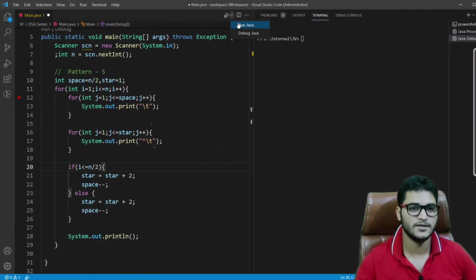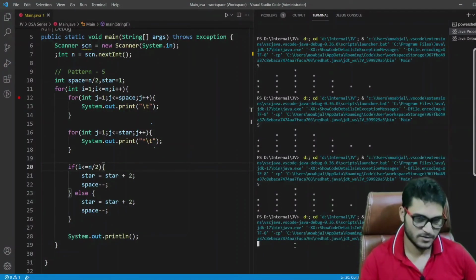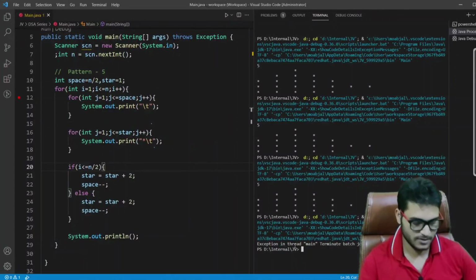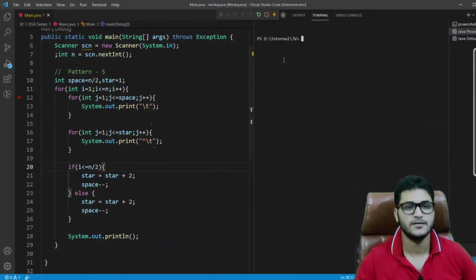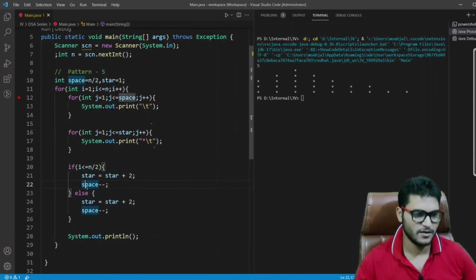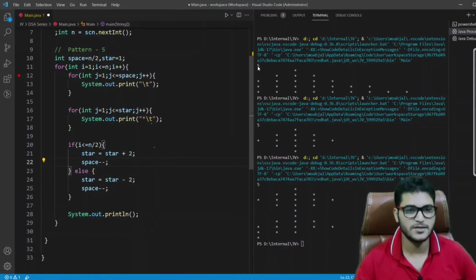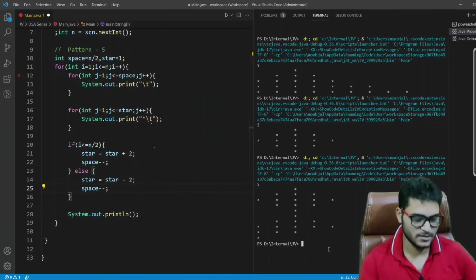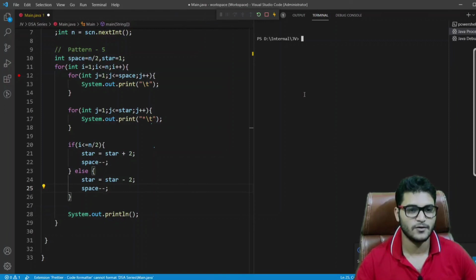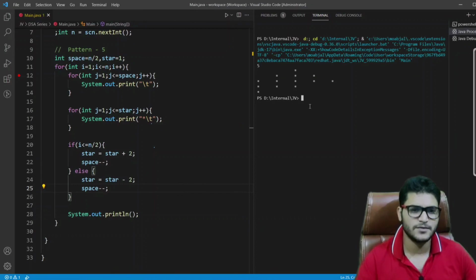So let's give it a run. Actually, you would not be able to see the output here, so let me clear it out. Fine. Okay, so let me enter 5 here. Again we have made a mistake. Why? Okay, so we are making mistakes again and again. So we have to write minus here, and let's run it now. I hope it should run this time. So I'm entering 5 as input.